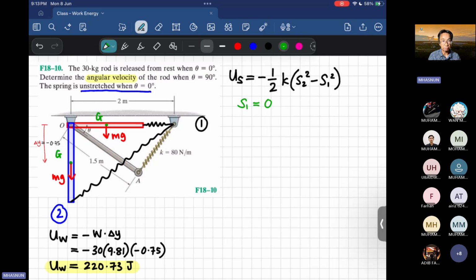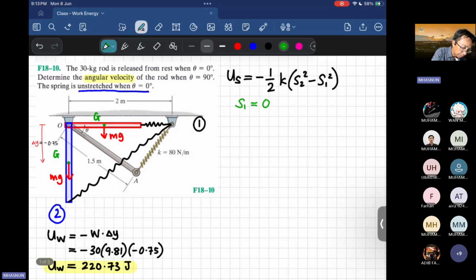It is not the length of the spring, but the elongation of the spring. So at position 1, the spring has not elongated. The spring has its original length, so S1 equals 0. But we need to know the length, so the original length, I would write as L original